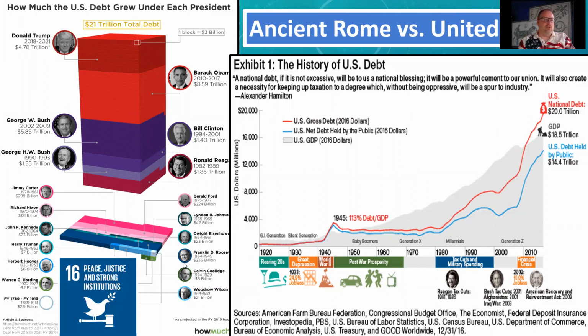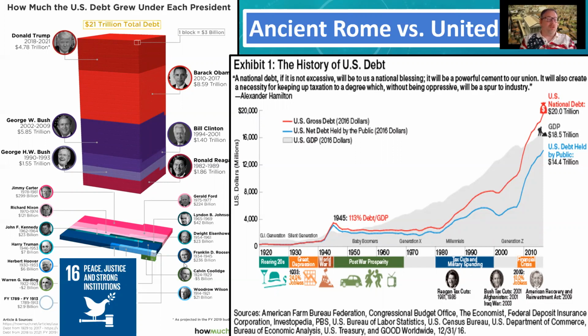Under the administration of Ronald Reagan, we started really spending money that we did not have. So we started spending more money than the government was bringing in, hence running up our deficits. Note, this is a very recent phenomenon. This only started in the 1980s. So we literally are only 40 years into this: 20 years in the 1980s, 1990s, and then the 2000s up to about 2020s. And the question will be, will we be able to get this under control? Because it's slowly getting out of control.